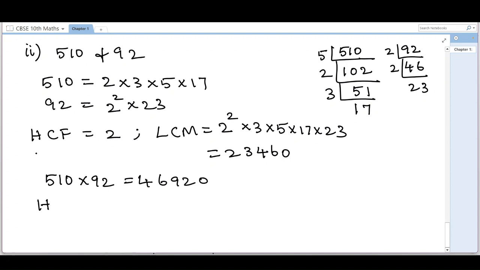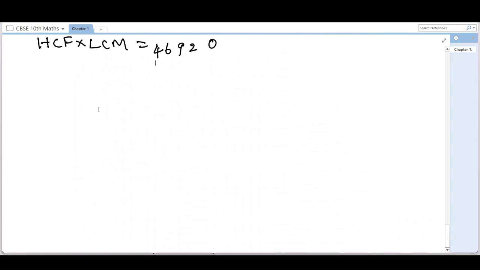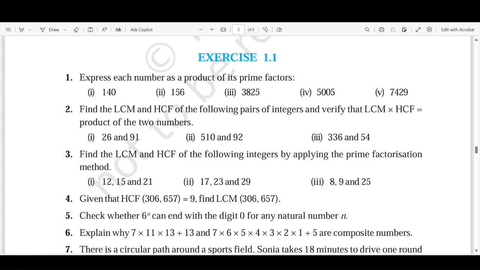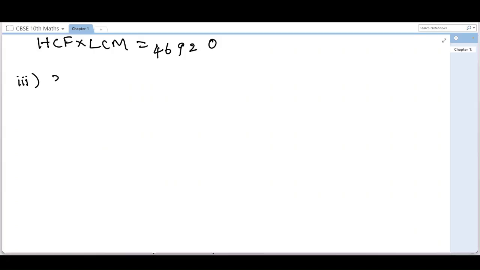And if you multiply the HCF and LCM, 2 into this will be, yeah. So thus we have verified the condition. Problem number 3, 336 and 54. So if you find the prime factors for the two numbers,